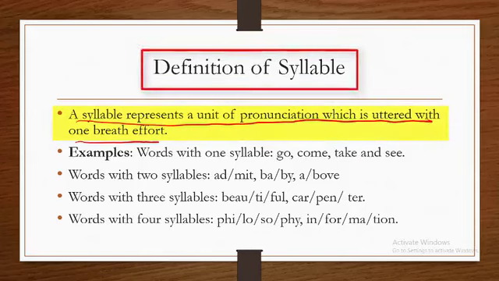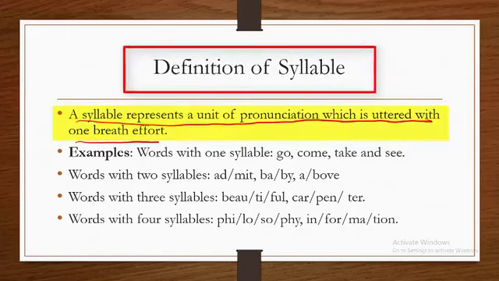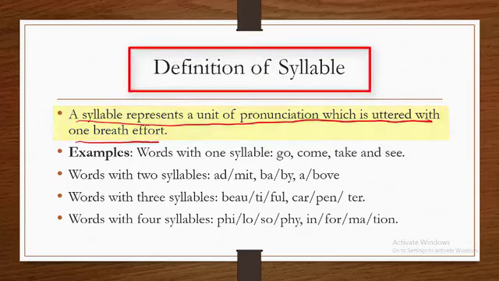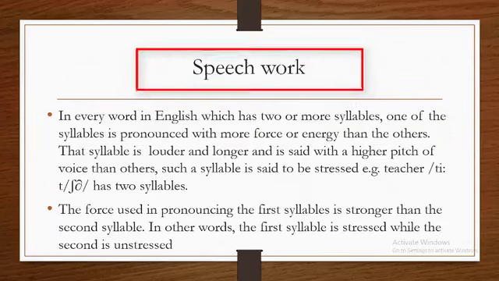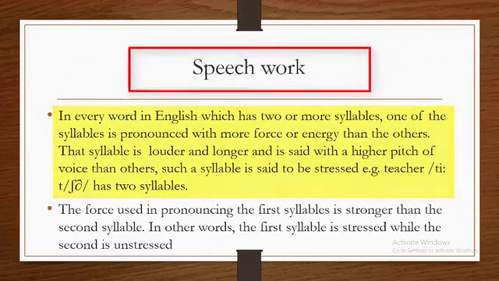Beautiful. So that's 3 syllables. Carpenter, 3 syllables. Philosophy, 4 syllables. Information, 4 syllables. So in every word in English language, most of the words, whether 2 syllables or more,